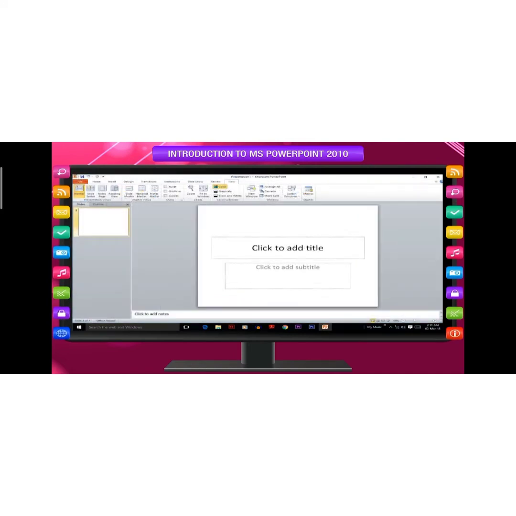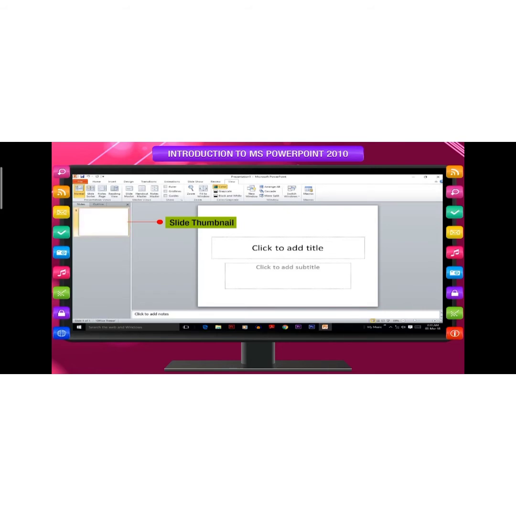When you start PowerPoint, it opens in the view called Normal View, where you create or work on slides. In the slide pane, you can work directly on individual slides. Dotted borders identify placeholders where you can type text or insert pictures. You can insert charts and other objects. The slide tab shows a thumbnail version of each full slide shown in the slide pane.